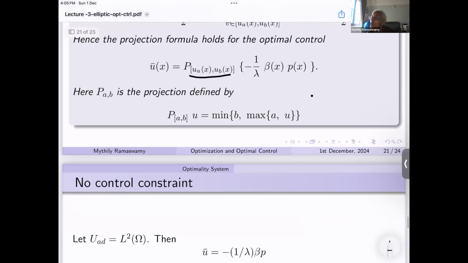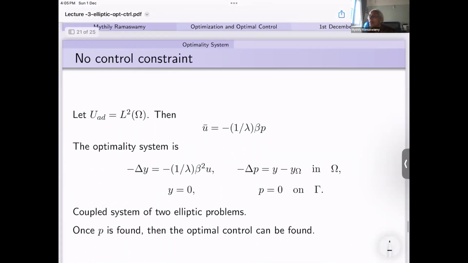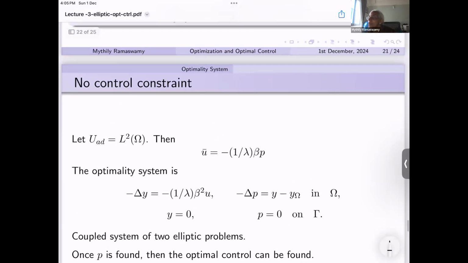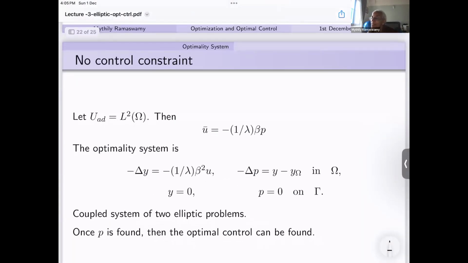Suppose there is no control constraint, that is much easier to solve. Then my control space is the whole of L2 omega, and then I can write exactly the same equation, 1 by lambda beta P. And for the optimality system, I can write, you substitute for beta U as,